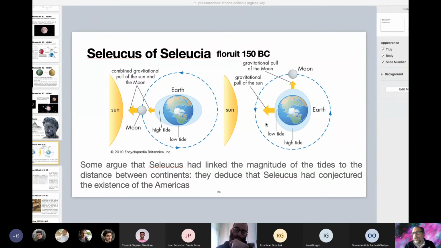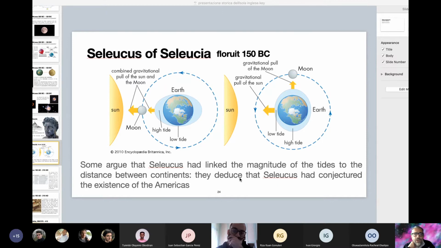However, its amplitude is smaller. So you understand that if Seleucus must be the man who demonstrated Aristarchus' heliocentric conjecture, and if Aristarchus is the one who described in a careful way the tides as the result of the gravitational interaction between moon, sun, and the oceans, then Seleucus had to have an idea of the law of universal gravitational attraction. This is another conjecture, of course.